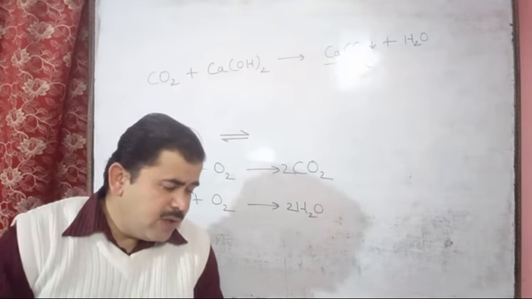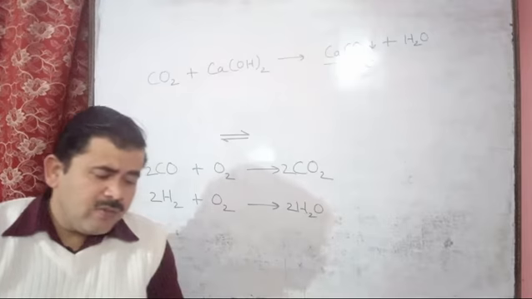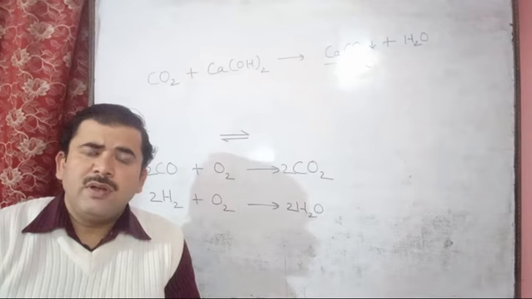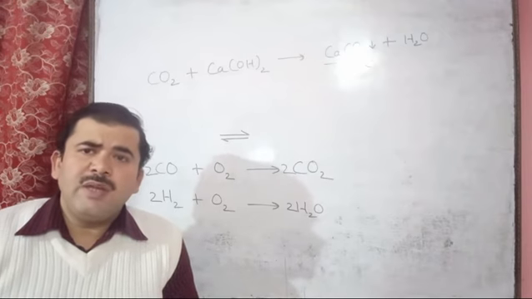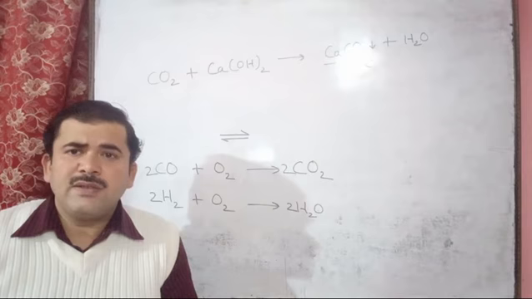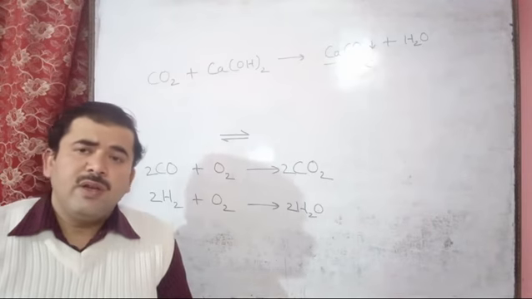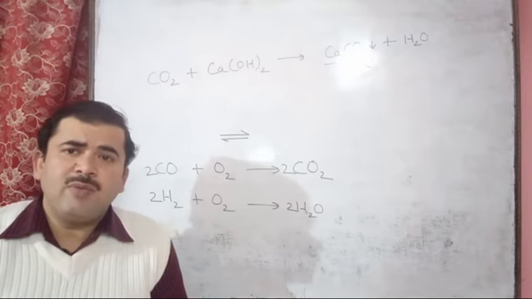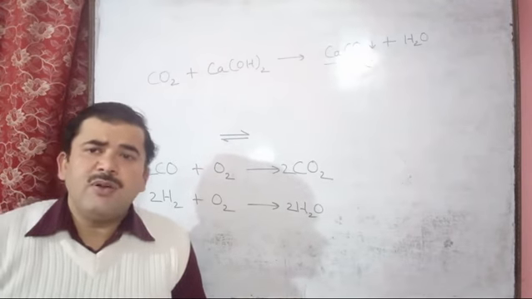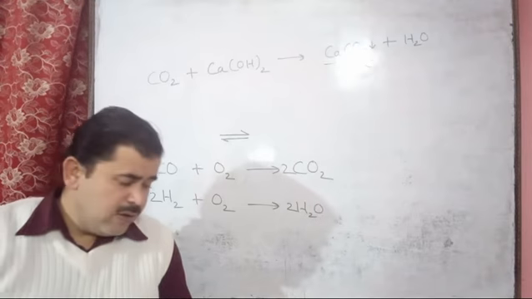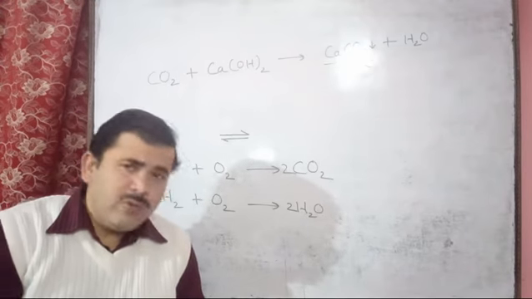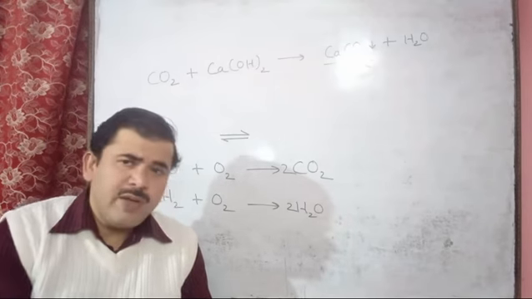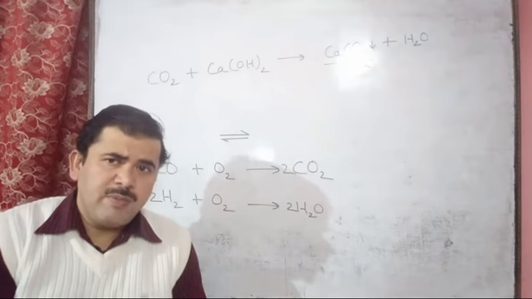Explain briefly how hydrogen is manufactured on a large scale from steam. So here this is the Bosch process. I told that time that coke reacts with the steam of water. This gives the water gas, carbon monoxide plus hydrogen, and this water gas again reacts with the steam of water, and this gives the carbon dioxide plus hydrogen gas. So here you have to write these. Explain briefly means you have to explain, and also you have to write the equations, step first, step second.